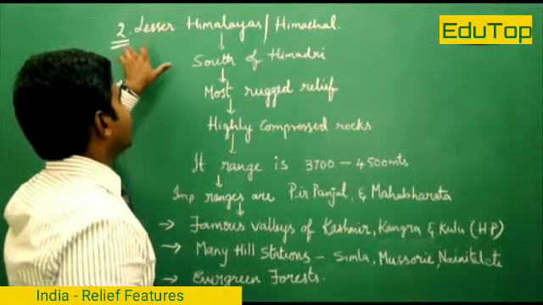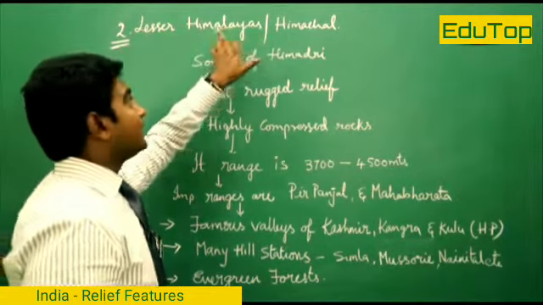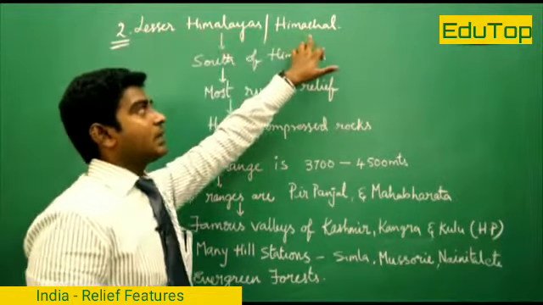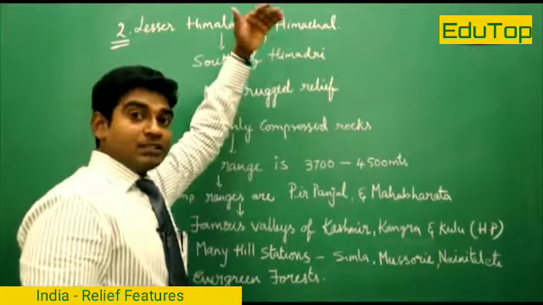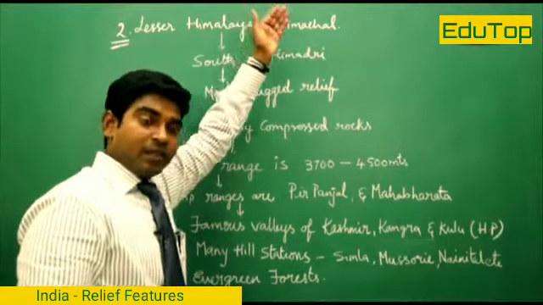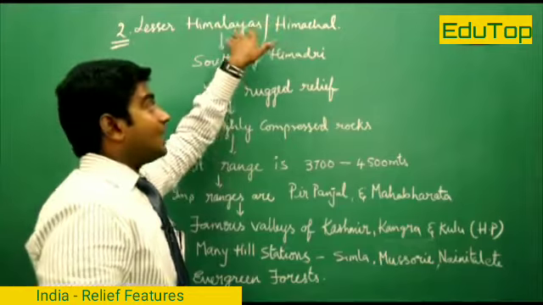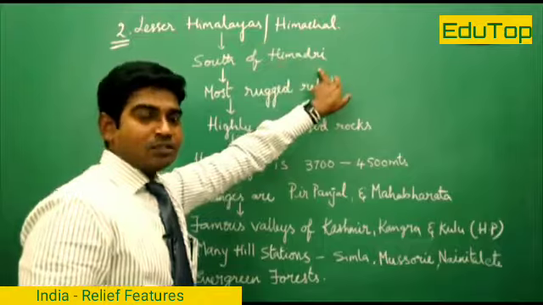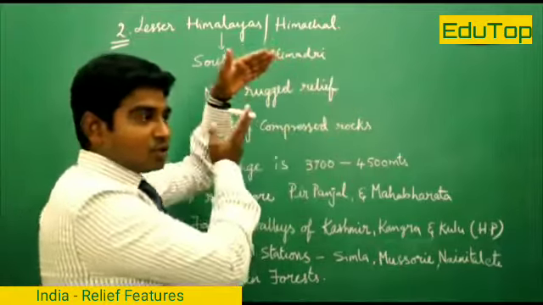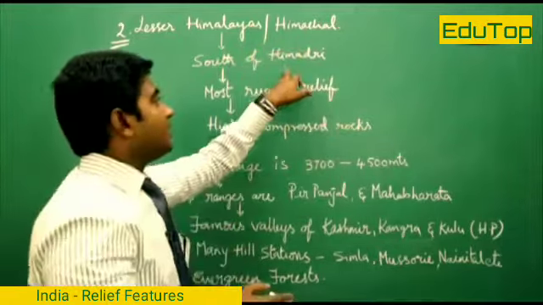So in the previous part we saw the first division of the Himalayas. The second one is the Lesser Himalayas, also known as Himachal. These exist south of the Himadri region, which we saw earlier. To the south of that we have the Lesser Himalayas, or Himachal, extending just south of the Himadri region, a continuous range from the north.